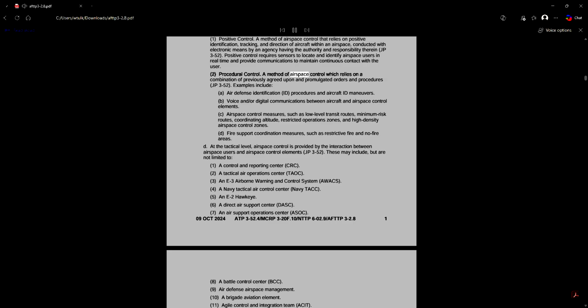A method of airspace control which relies on a combination of previously agreed upon and promulgated orders and procedures, JP 3-52. Examples include A. Air Defense Identification, ID, procedures and aircraft ID maneuvers.